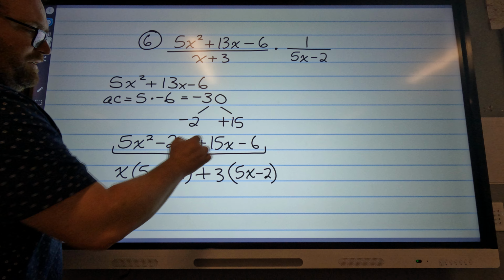Okay, problem 6. We've got (5x² + 13x − 6) divided by (x + 3), times 1 over (5x − 2). Okay, so let's factor the 5x² + 13x − 6